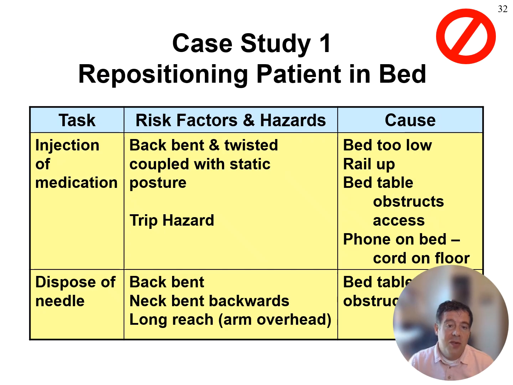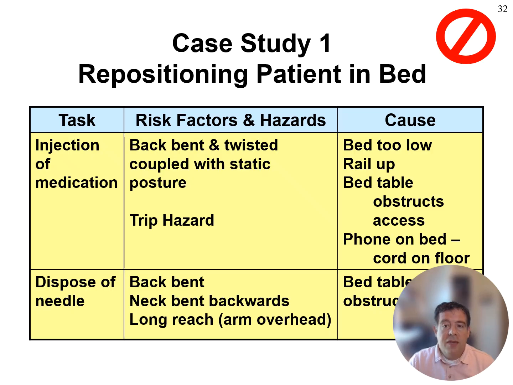So pause this, write some things down, and let's go through it. So let's say we have to reposition the patient because they're trying to inject a medication. So they want it in a soft tissue, maybe the glutes, for example. So with that, usually the nurse is doing a back bend and a twist because usually they're not right over that patient. They have to create a little space between them and the patient. So that could cause maybe a trip hazard because the phone is on the floor going up.